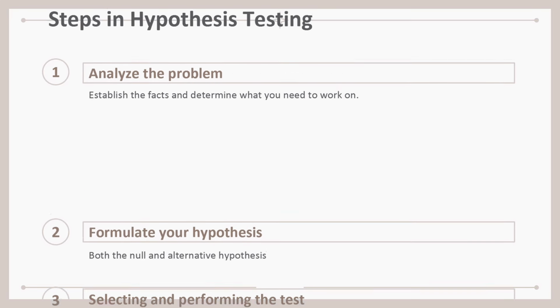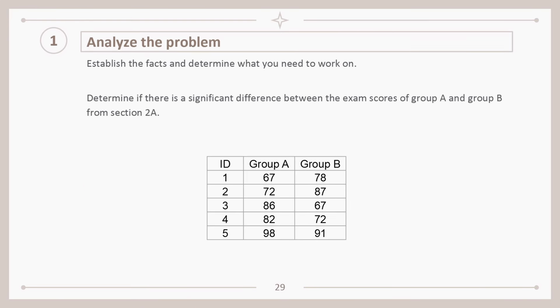We establish the facts and determine what you need to work on. So from this sample word problem, determine if there is a significant difference between the exam scores of Group A and Group B from Section 2A. So identifying the relevant information